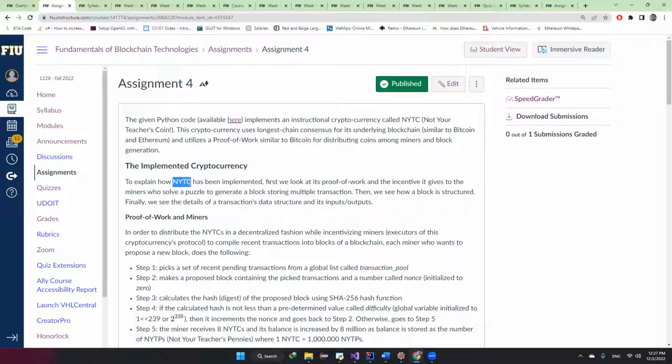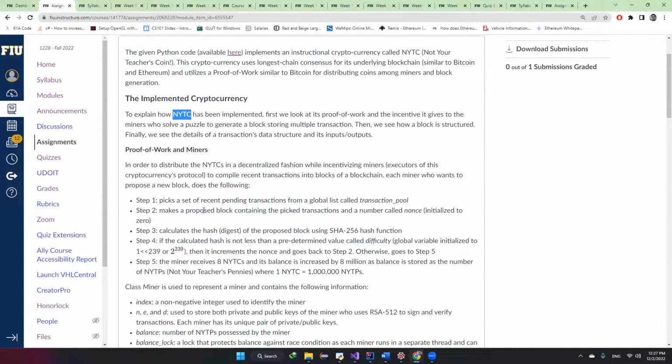It's called NYTC, and it's called Not Your Teacher's Coin. And it uses proof of work as a Sybil attack resistance mechanism, and it uses the longest chain consensus algorithm, just like Bitcoin. And the proof of work is very similar to Bitcoin, but of course, the difficulty is much